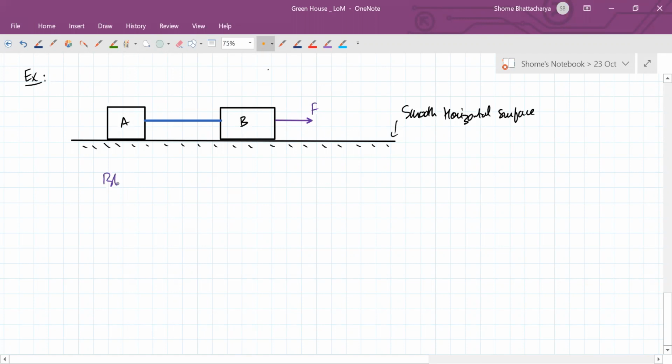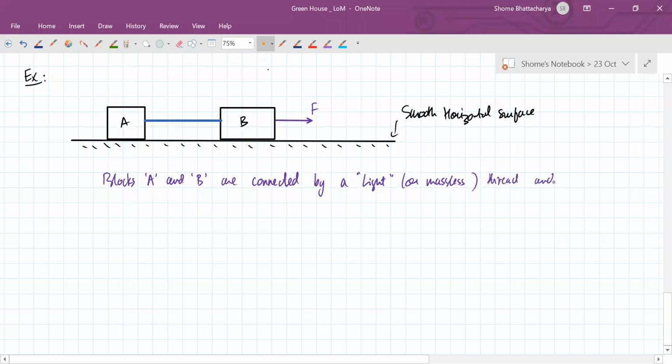So blocks A and B are connected by a light or massless thread. So remember what I told you about massless. Nothing is perfectly massless, but we can treat it like massless. It's nearly massless compared to the mass of the blocks. So light is actually the better word. That is very light in comparison. Its mass is negligible in comparison. So, by a light thread,